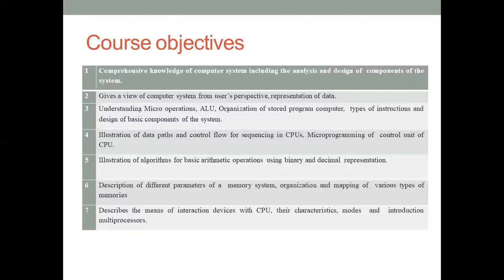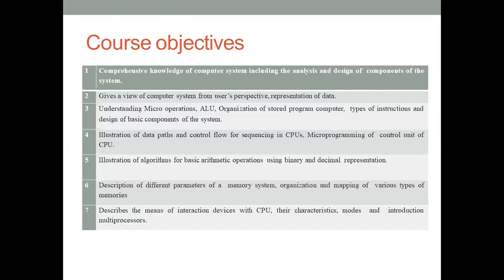What do you mean by data path? Data path is how the data is transferred from input device to output device, and how the control signals are used. All these things come under the data path. And then you will be able to illustrate several algorithms for the basic arithmetic operations using binary and decimal representation. And lastly, we will be dealing with the interaction of devices with the CPU, how the input-output devices are